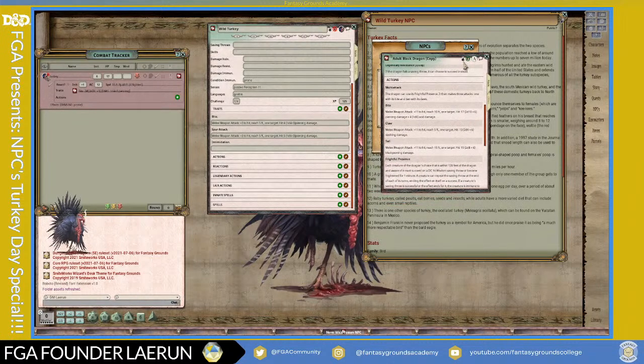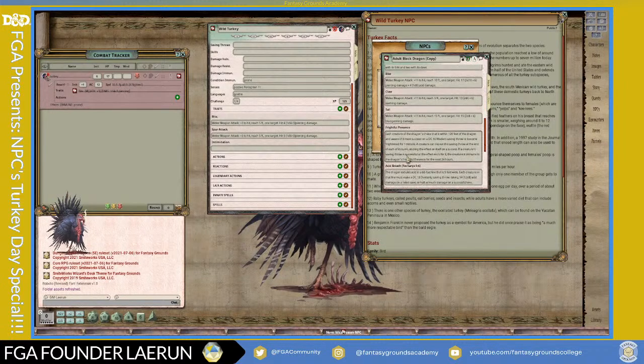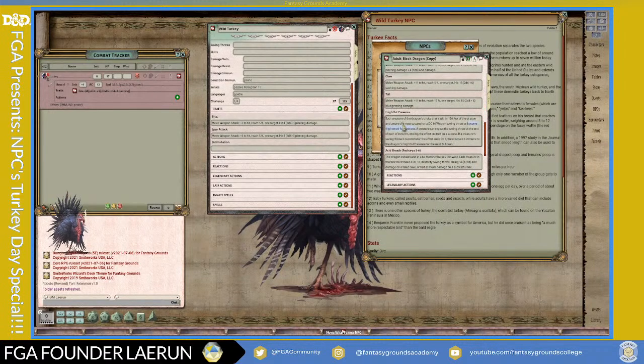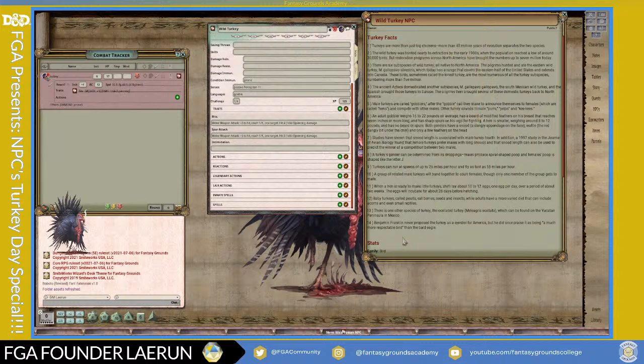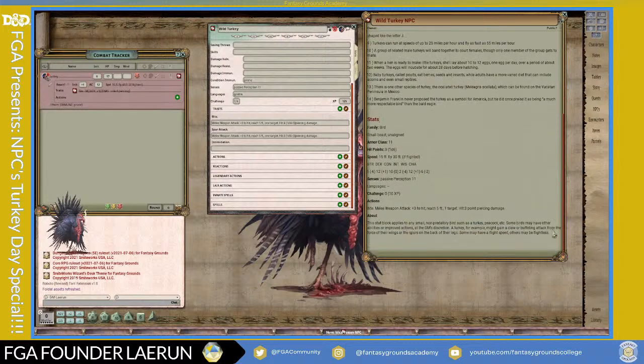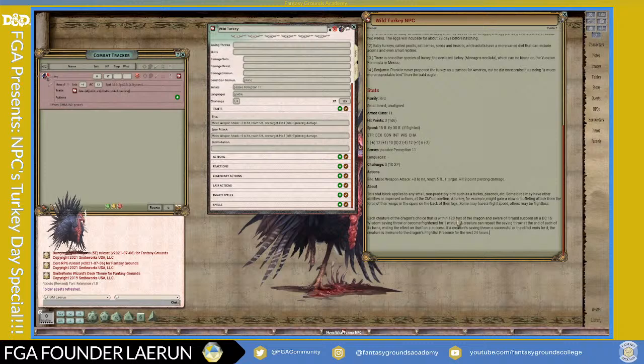And I'm going to unlock it. And I'm going to take this information and modify it. So hit Control A, Control Copy, and then down at the bottom here, I'm going to paste this and modify it. Okay, so each creature of the dragon's choice within, I'll just say, a creature